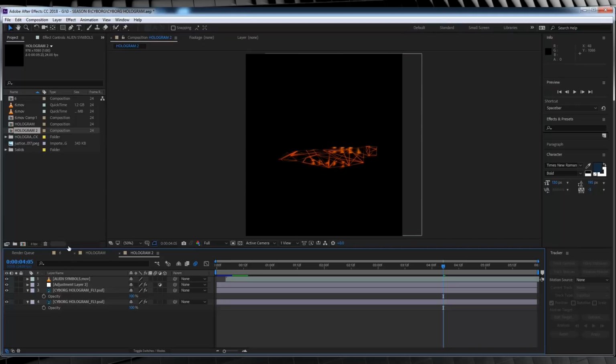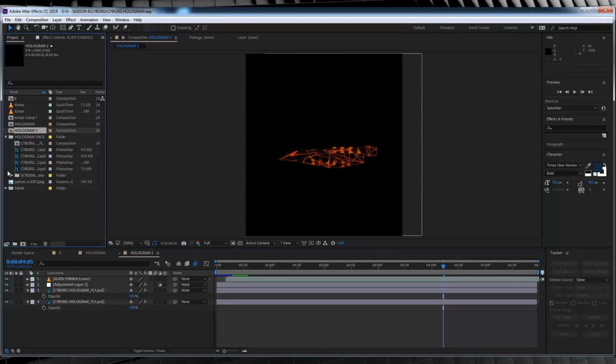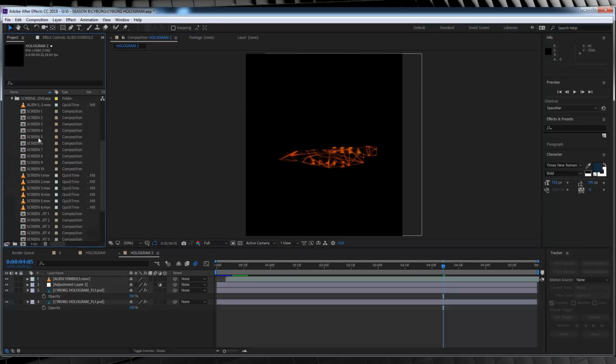When Cyborg's scrolling, he's actually scrolling through a massive thread of information and the screens are appearing all over the place. So you may have noticed that our hologram pack actually contains 10 screens. Well, that's not entirely the case. We've actually made some double ups of several of the screens. That way you can replace the image in the pre-comp without needing to duplicate any of these screens and the